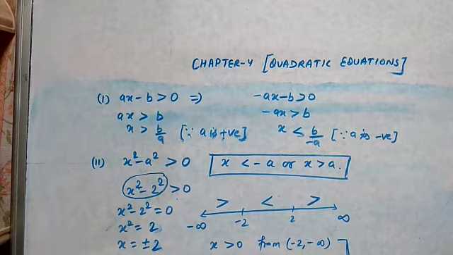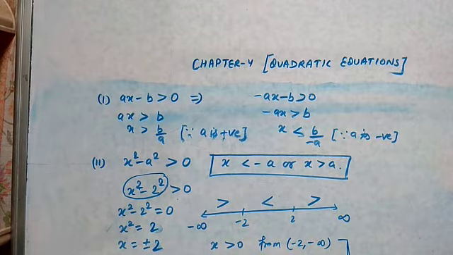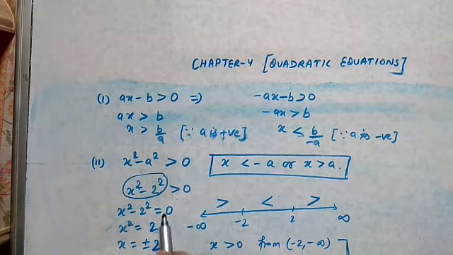If x is less than minus 2, then we will get what? A positive value, that is, more than 0. So here we will write x is less than